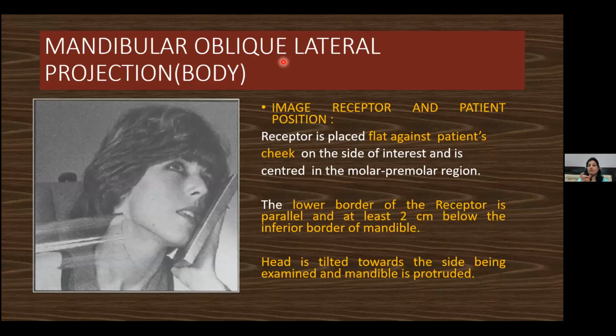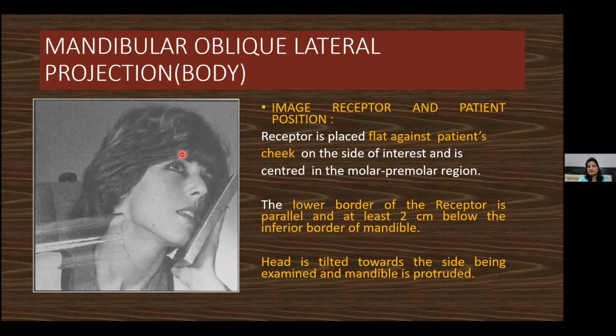Lateral obliques of the mandible can be body, if I want to see the body of the mandible, and lateral oblique can be ramus projection if I want to see the ramus. Indications are very easy because this is that area only, so you can indicate. So here it is a lateral projection. Can you see it is a lateral oblique projection. Lateral ceph is a sagittal projection, true sagittal, and lateral oblique is an oblique projection.